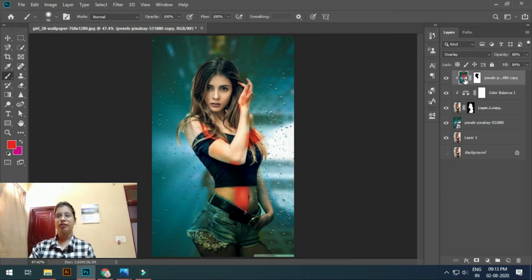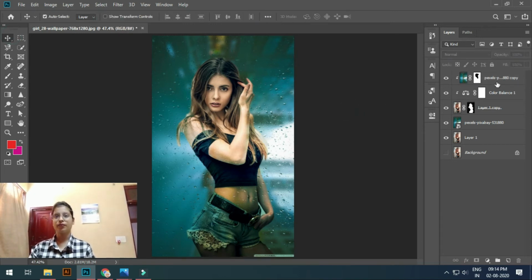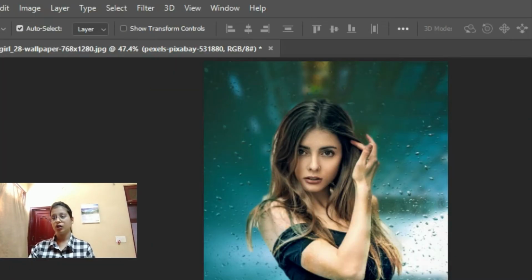With the brush you can see that the color is also showing there. So don't use the brush on this, always use the brush on this layer if you want to remove it also. Okay, so first we Control Z it. Okay, you can see the color is removing from there also. Okay, we got the drops on it, and now select this